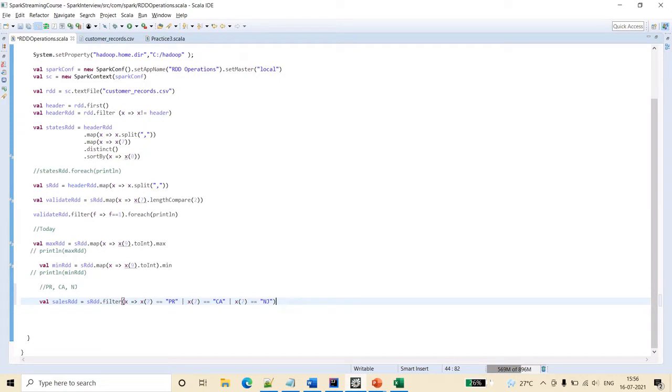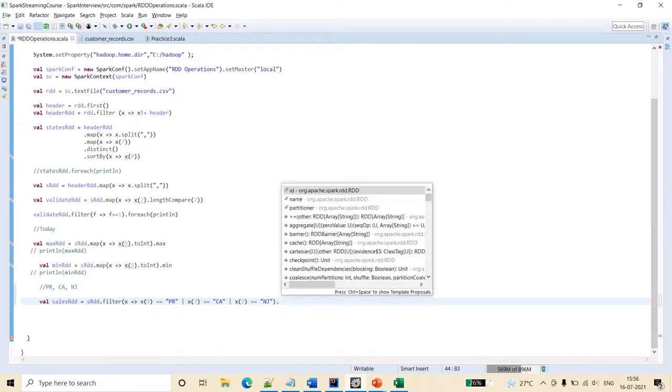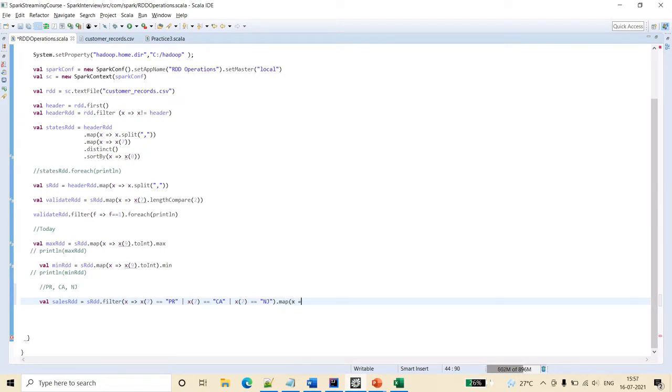After filtering, we again have to get x of 9. Here again I am saying toInt dot max.